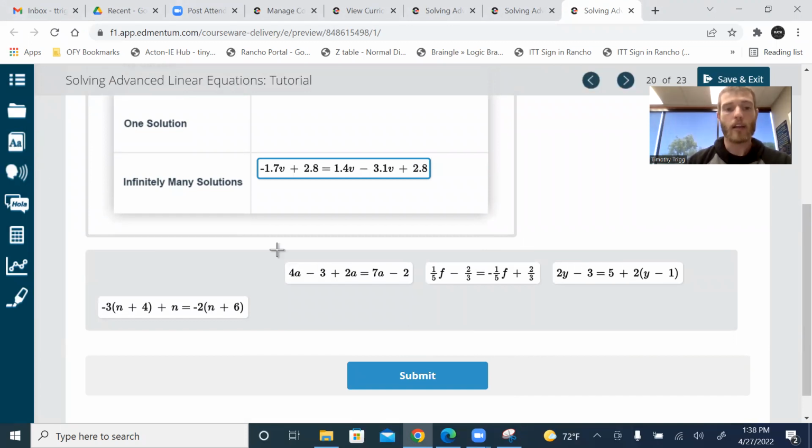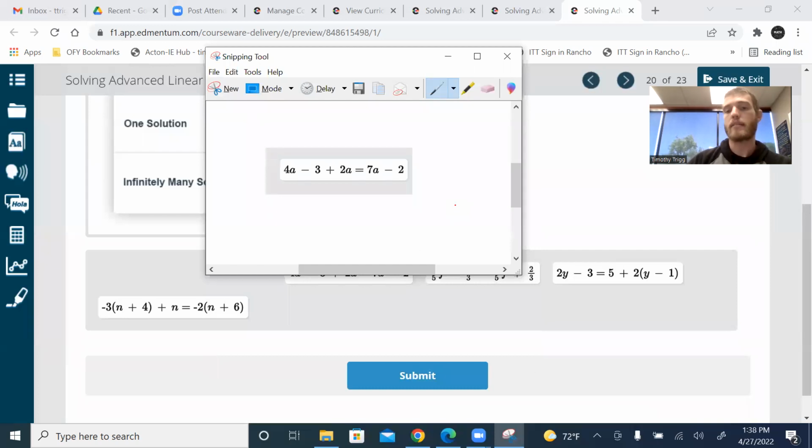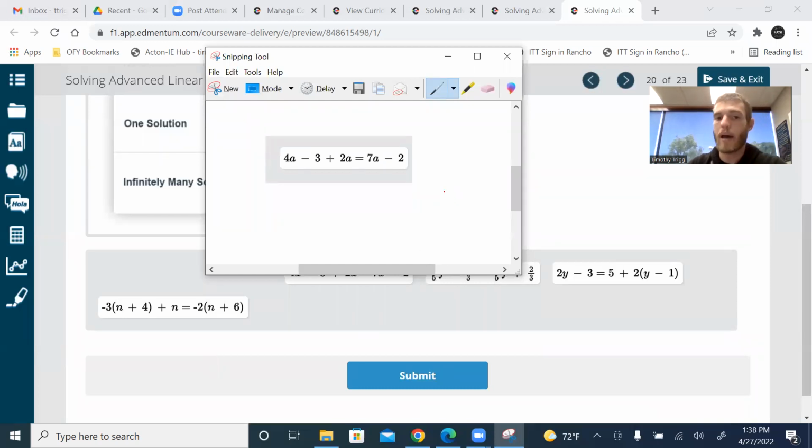Okay, let's go ahead and try the next one. Now, if that didn't make 100% sense, don't worry about it. We'll go over more of these and hopefully it'll just continue to make more and more sense. Now, looking at this next one,